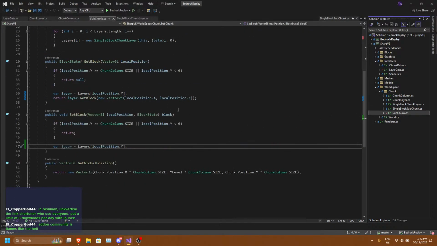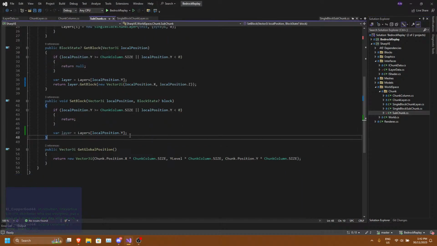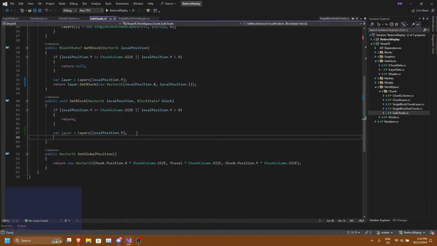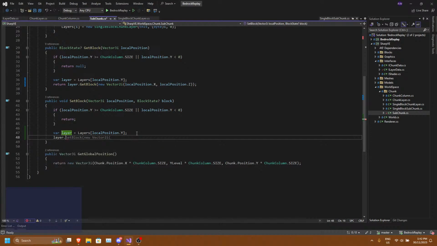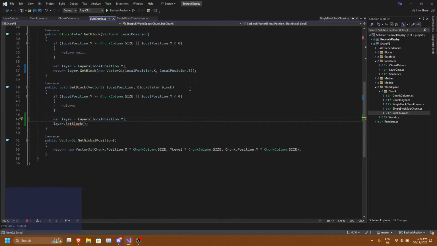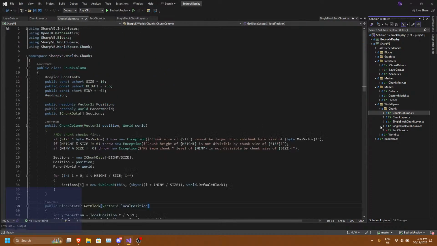Pretty much recreate the entire Minecraft rendering engine. The voxel engine, yeah, for Minecraft. And then I can use that to create Bedrock Replay. How long did it take you to make all that stuff? Probably about a month. I honestly haven't been counting.